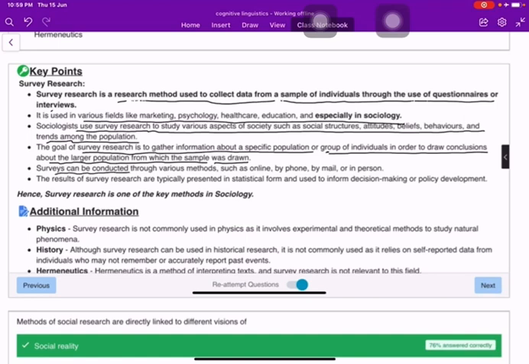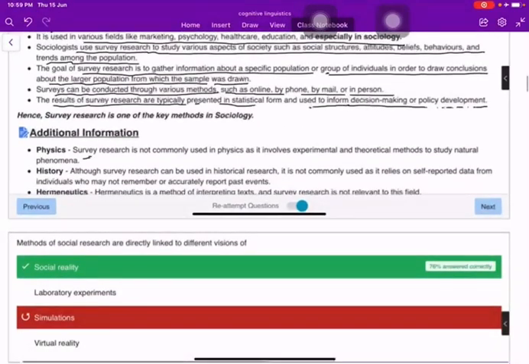Surveys can be conducted through various methods such as online, by phone, mail, or in person. The results of survey research are typically presented in a statistical form and used to inform decision making or policy development. Additional information. Physics. Survey research is not commonly used in physics as it involves experimental and theoretical methods to